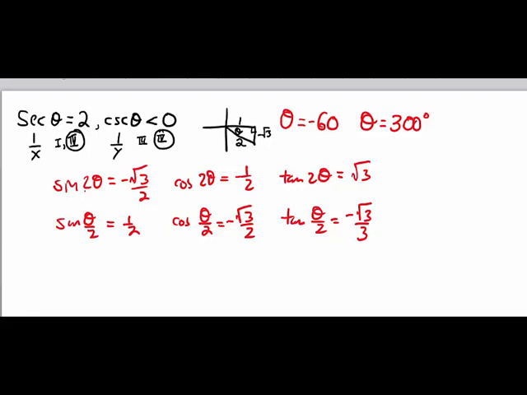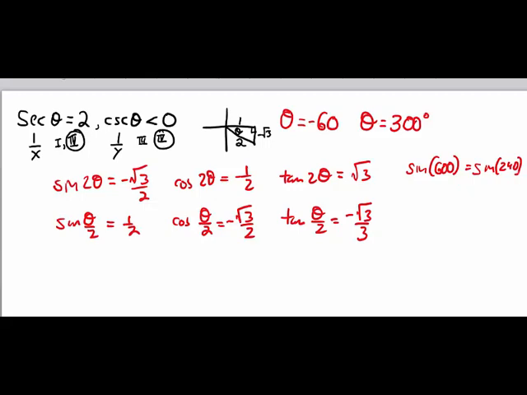Now what I need you to do is check that answer out when you basically double all of these answers. So if you double theta, you get the sine of 600 degrees, the cosine of 600 degrees, and the tangent of 600 degrees. We can do a little bit of math to figure out the answer. We can easily take the angle theta, which is 300 degrees, and double it. And we get 600 degrees, and we can come up with an equivalent value like this. The sine of 600 degrees is the same as the sine of 600 degrees minus 360 degrees,